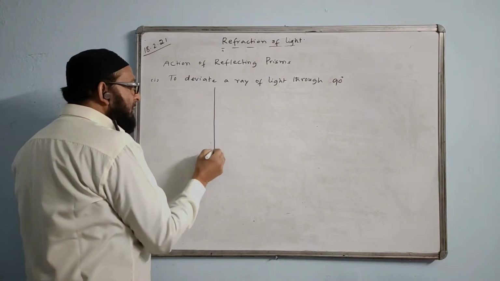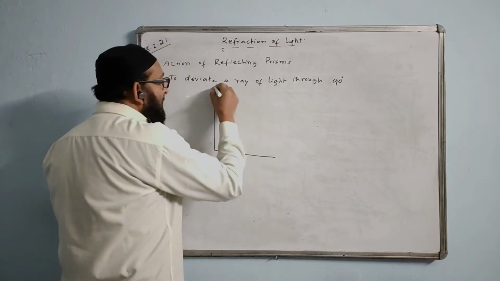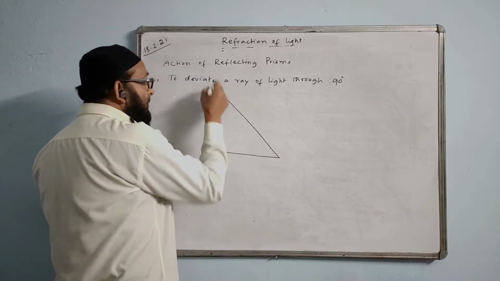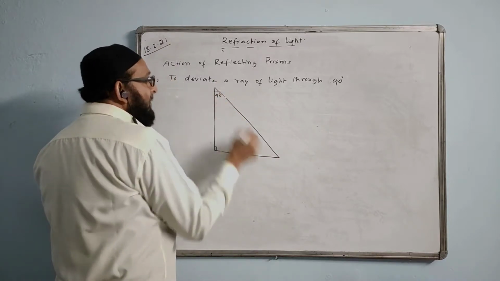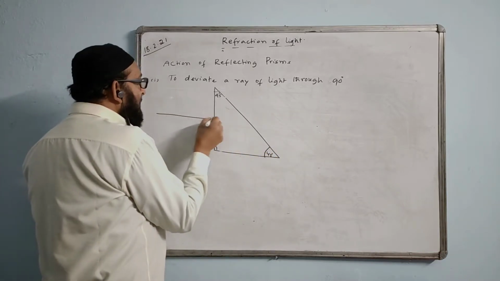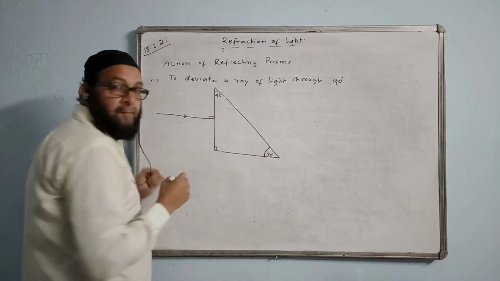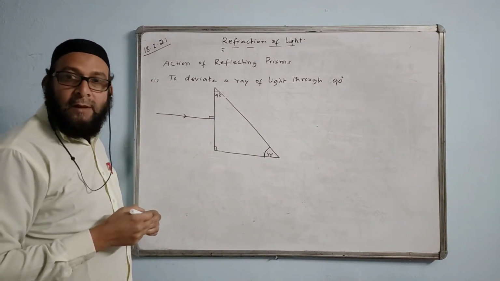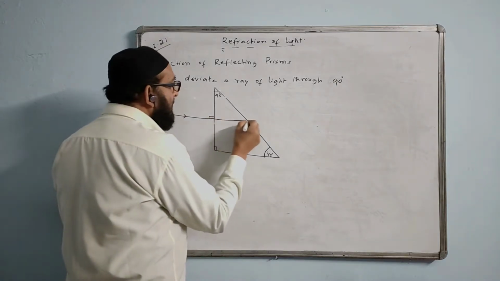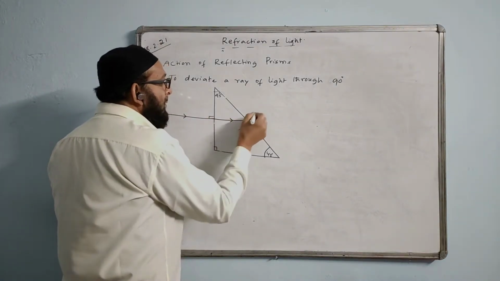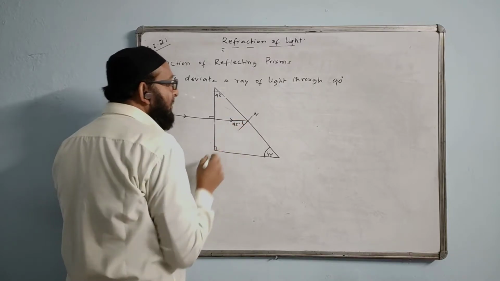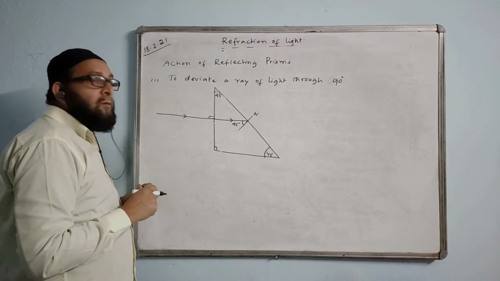For this, we will use this prism. We have only this prism in our syllabus. It is 90 here, 45 degrees here, 45 degrees here, and the ray is shown like this. What will happen to this ray? This ray will continue straight and comes here. Normal drawn. This angle will be the same as this 45. So what will happen?